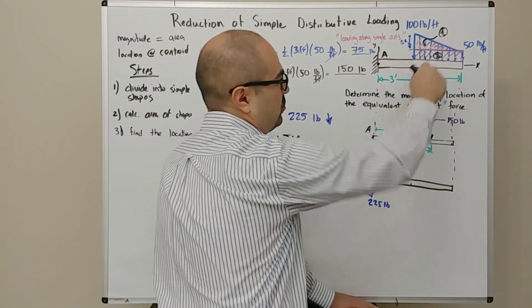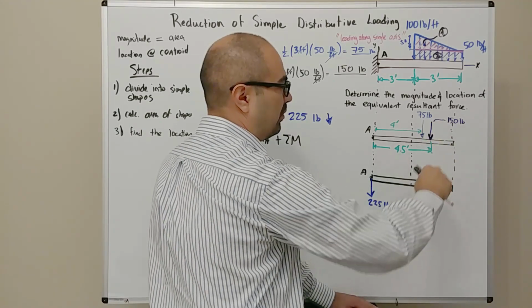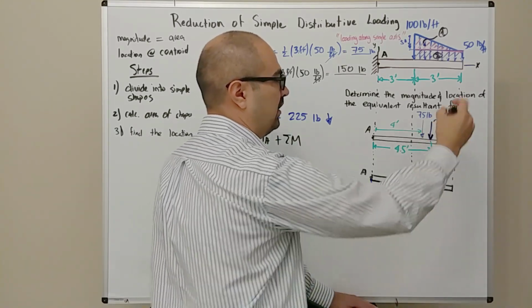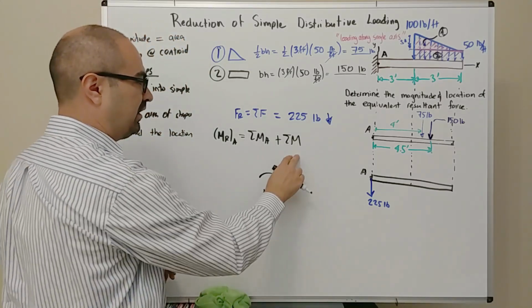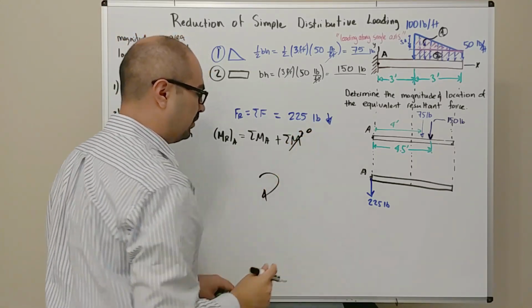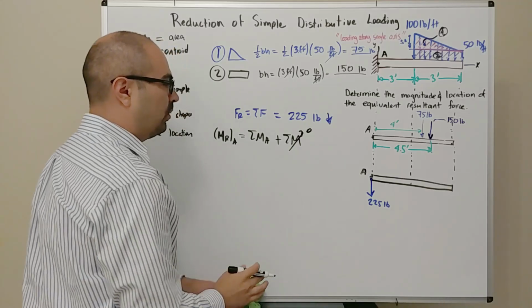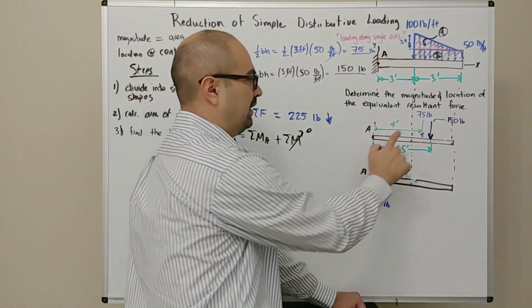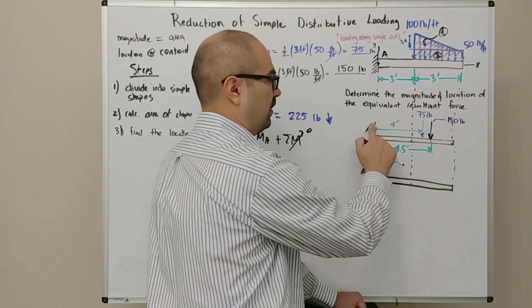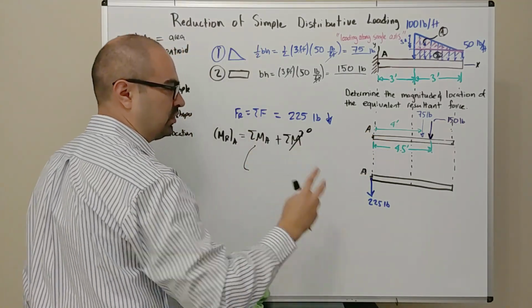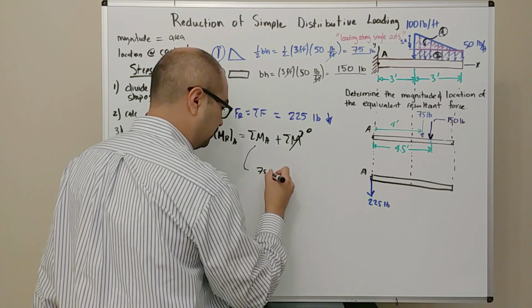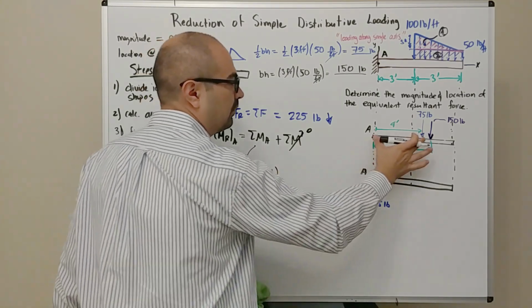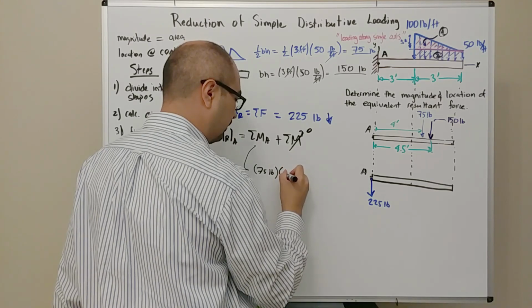We just had some distributed loading and no couple moments, no equal and opposite forces or anything that looks like this. So this is going to go to 0. And all we have to worry about is the moment that each of the forces can cause about point A. We have two. The first one is going to be the 75-pound force. The distance is 4 feet,